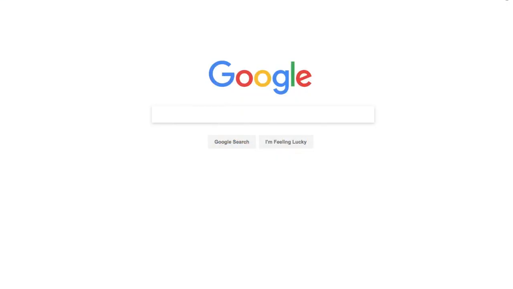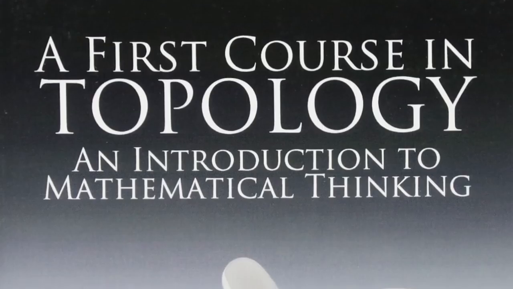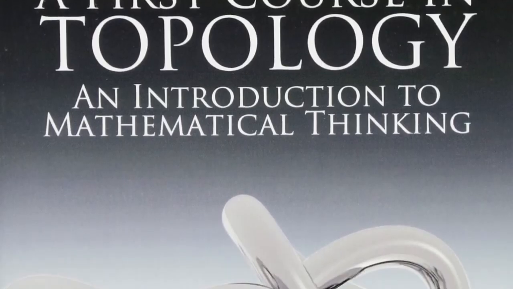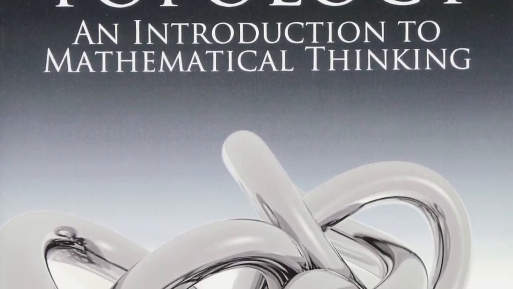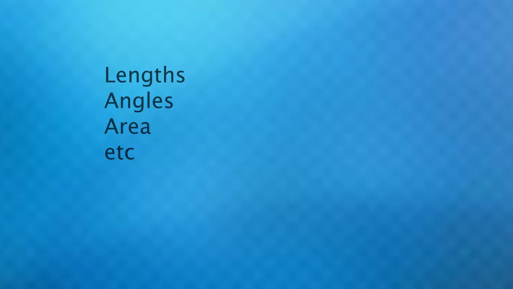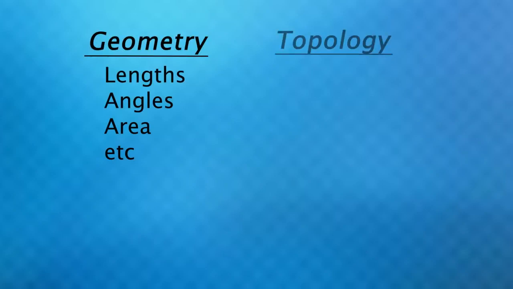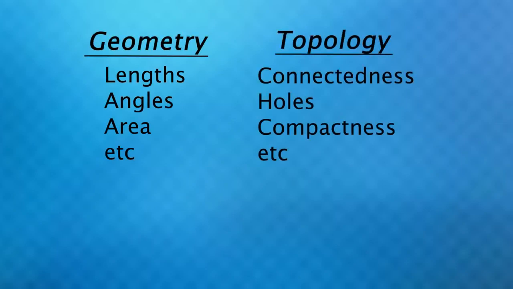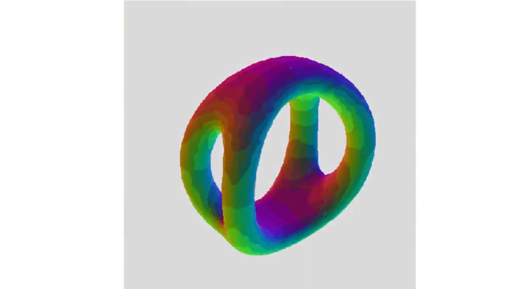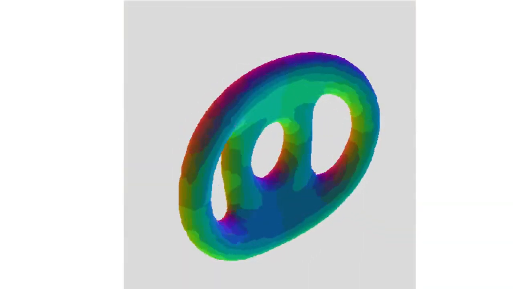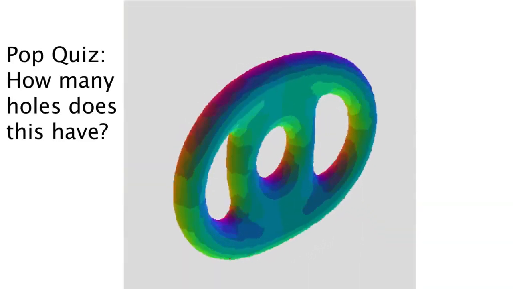Out of Euler's 7 bridges of Königsberg paper, not only came graph theory, but also the field of topology, one of the most advanced math courses you would take if you studied math as an undergrad. In topology, you have to forget about the notion of lengths and angles like in geometry. In this field, you care more about connectedness and holes, for example, where bending and stretching is totally fine and does not change the properties of the space that we care about.